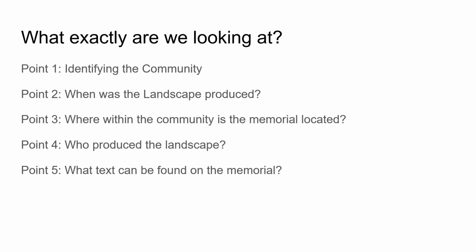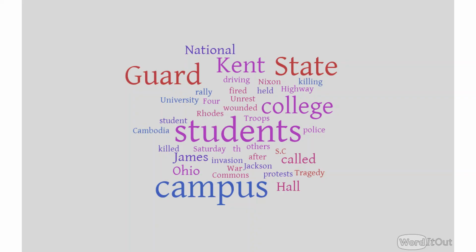All 5 of these points are integral to determining what the narrative of the event is and who is controlling this discussion. The first point of examination I'd like to look at is the word cloud that you see on screen now. I was actually inspired to add this after reading a project by Matthew Cook titled The Textual Politics of Alabama's Historical Markers. In this article, Dr. Cook inserted the text from all of the markers he examined into a word cloud, with words that appeared more frequently becoming larger.